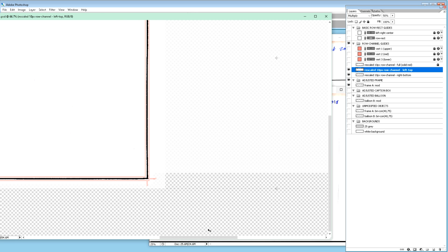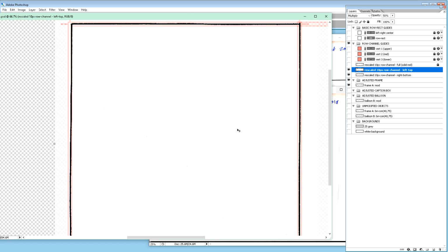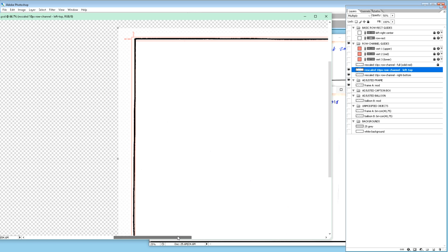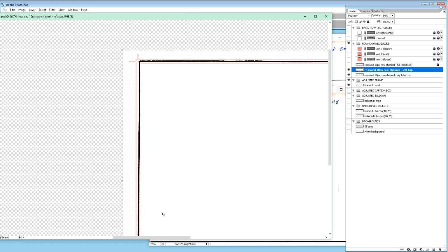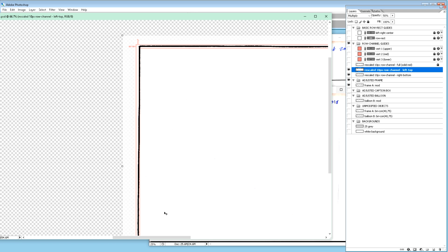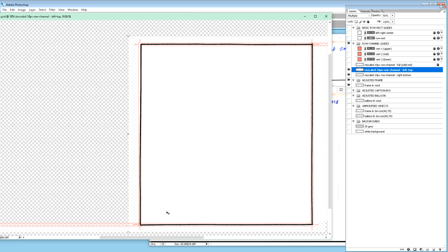Having said this, we can see here that the lower line looks all right. Maybe we should do something there, but it's not entirely bad, and the top line is all right. Maybe we should do a little editing there, but the real object of attention here is this left line, which is just too much. So I propose we change it. How do we do that? Well, we can do this in several ways, but I think the easiest one